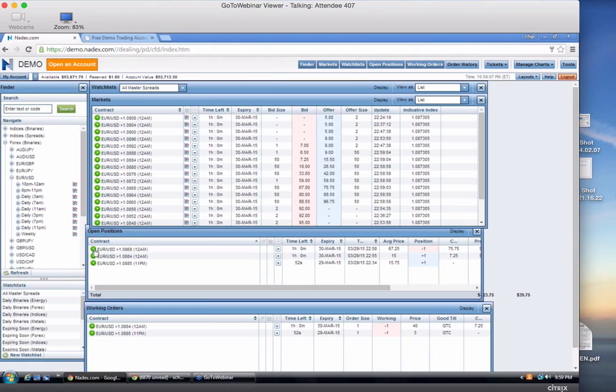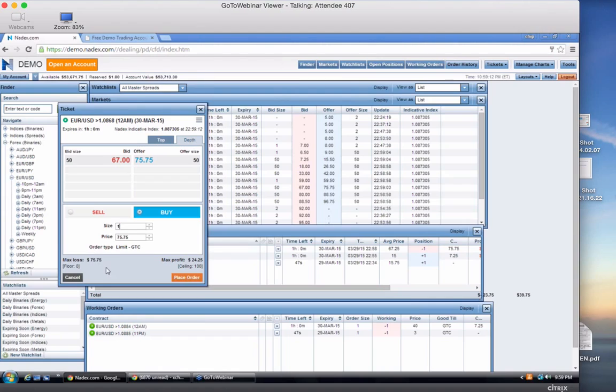Right there's the line. So now what I want to do is put in an order to buy it back at a profit. Okay, so I'm short right here, a -1. That means I'm short, or I sold it first. There's the price, 67.25. So I'm going to try to buy it back at 50. So if the price is at 50, that means that this cash rate, the spot euro, will be really darn close to the strike. So I'm looking for that to happen